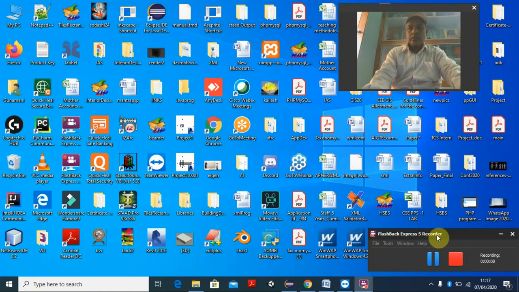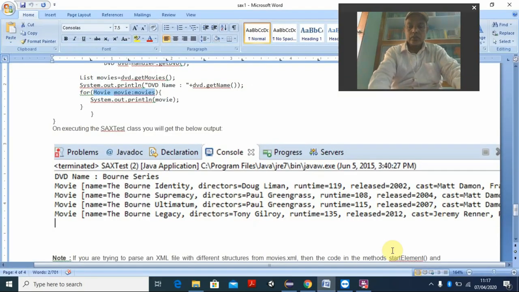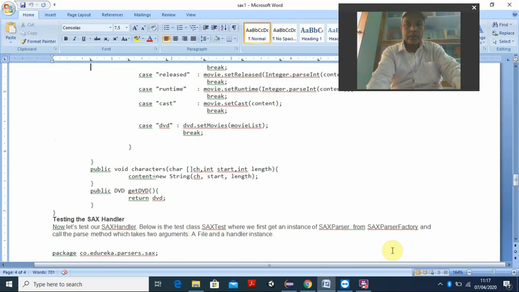SAX. This is one of the parsers, and this is for the advanced learners. This belongs to Unit 2 of Web Technology, and in this SAX parser, we can parse the XML file. The advantage is that in the previous DOM parser, we need to upload the entire file, and the entire file is to be parsed. It consumes a lot of memory and time. But here there is no need to upload the entire file. It is just an event based parser. So that is the thing, and we will study all the things regarding this SAX parser.